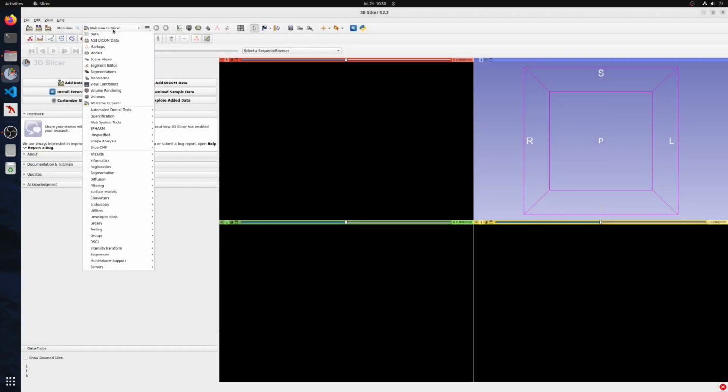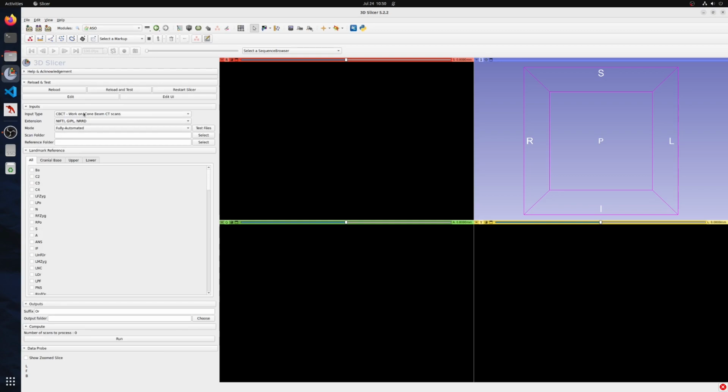Since I have already the extension, we're just gonna go on the ASO extension. Here we are. We're gonna focus on the CBCT part. So for the CBCT one, there's two types of extension that you can select over here: the Nifty, GIPL, and Nerd files, and the DICOM files. We're just gonna focus on the Nifty one, but you can also do all the steps if you have DICOM series. So the Nifty, GIPL, Nerd files. The mode, we're gonna select the fully automated mode